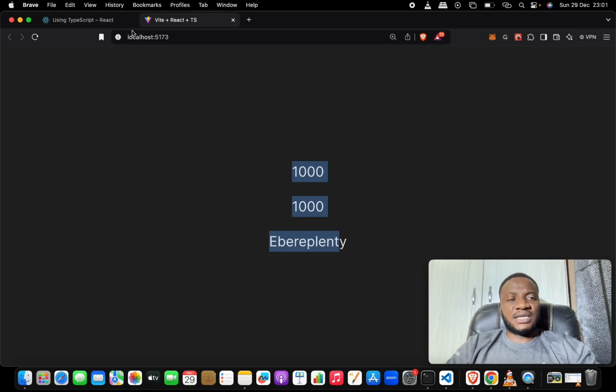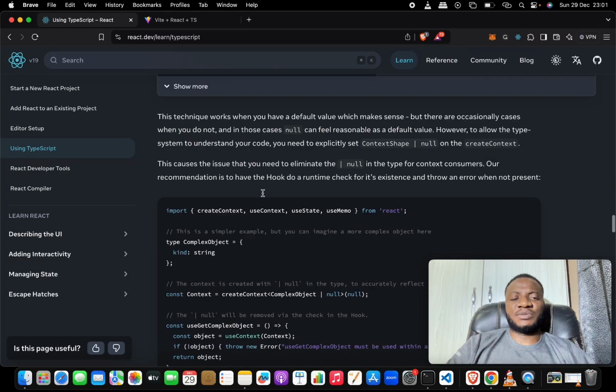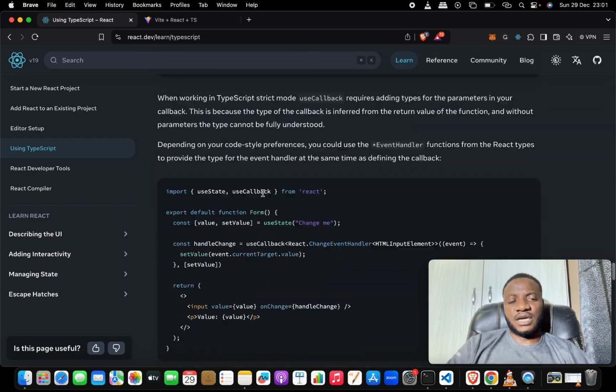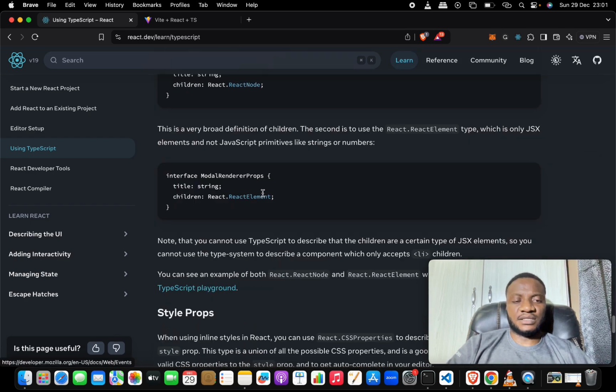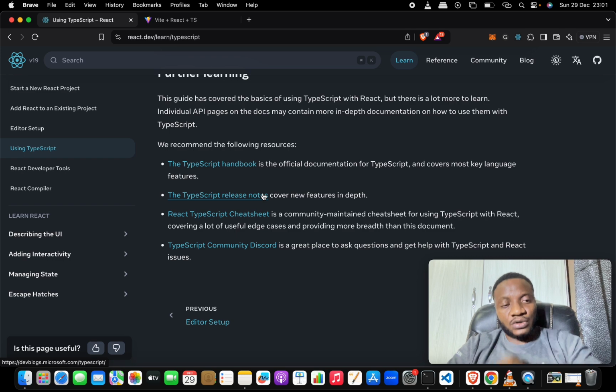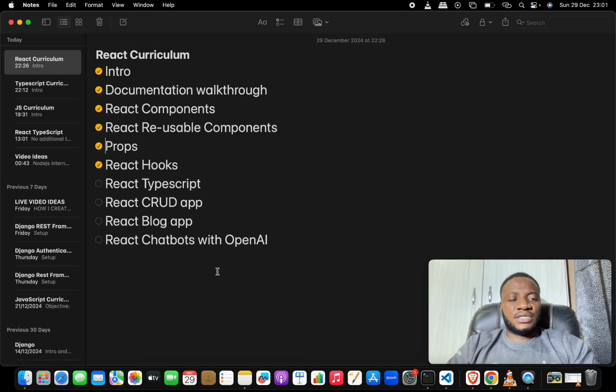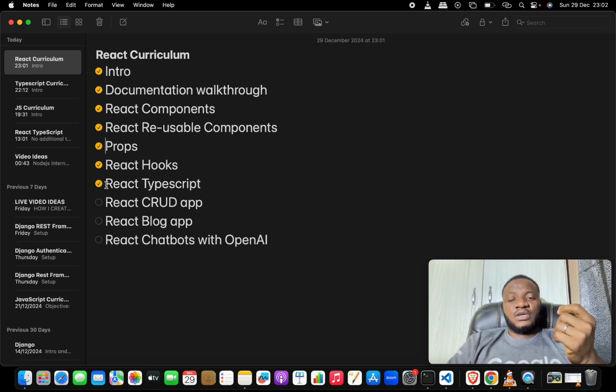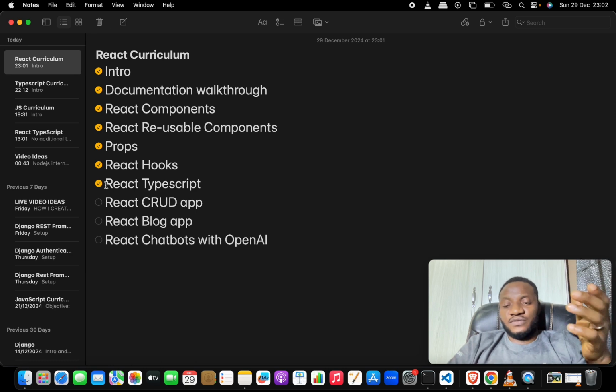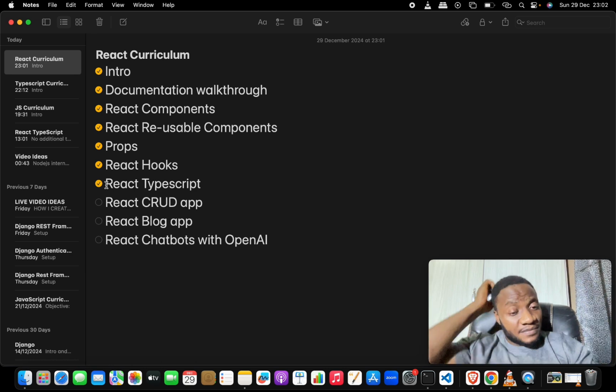And that is it. This is how you can add TypeScript to your file. I've summarized a bunch of things that goes on here, but you can check it out on your own. That concludes it for React TypeScript. So the next thing we want to do now is to build a CRUD application whereby we can add, remove, and update a particular item in